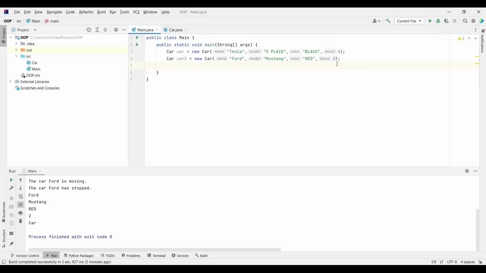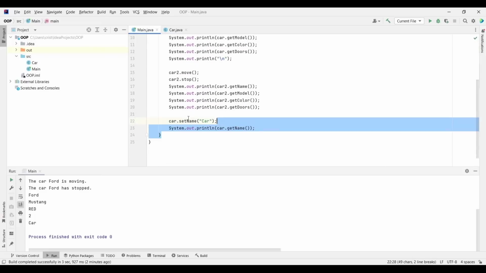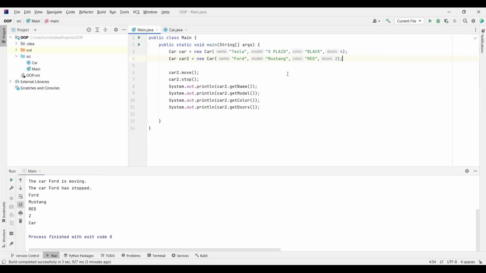And if I go down here and now delete all the values for our car 2, as you can see, everything is fine. Let's press Ctrl Z because I need to output in the console the values for car 2. So let's delete those. So now let's delete the values inside the constructor.